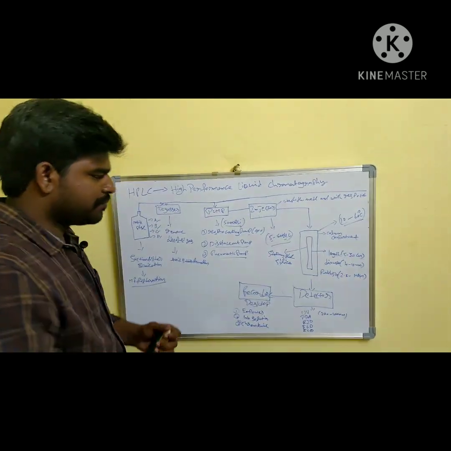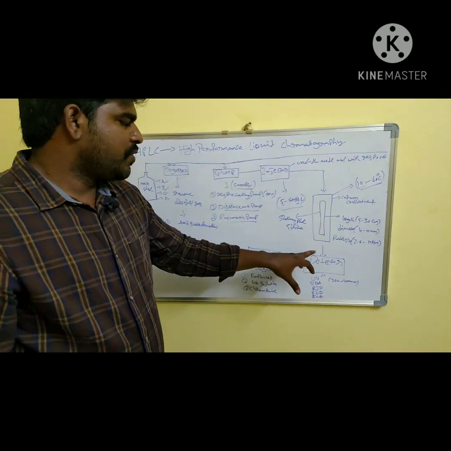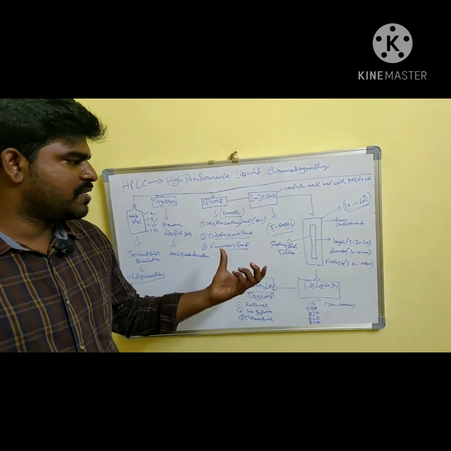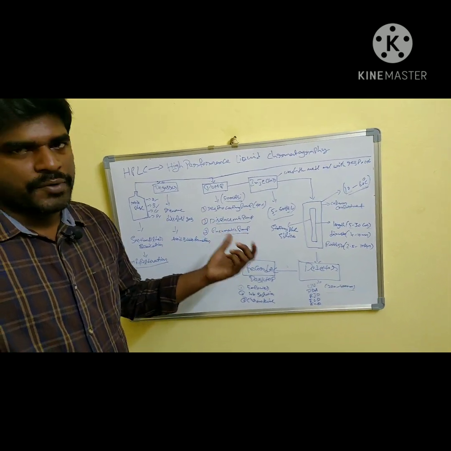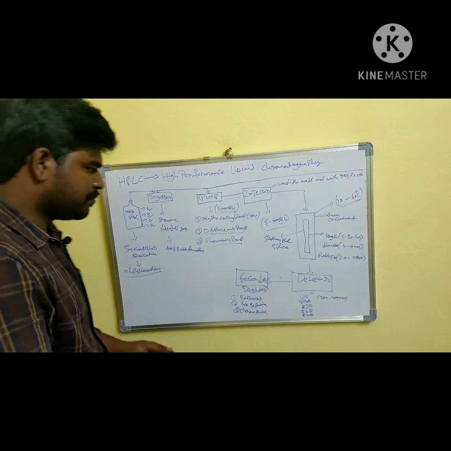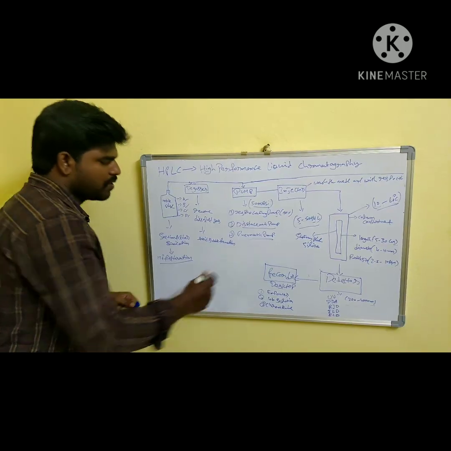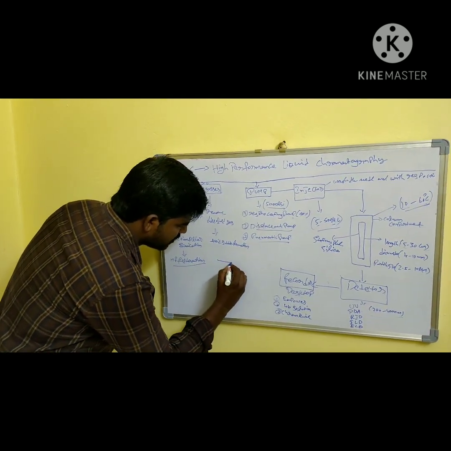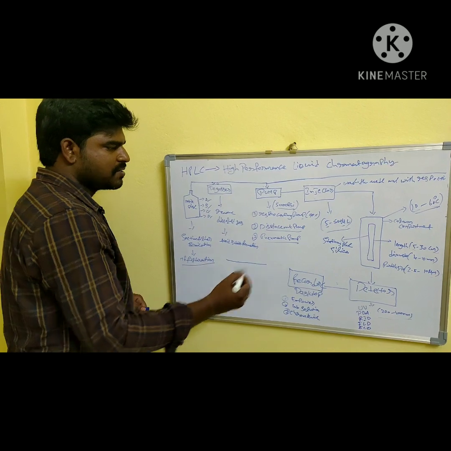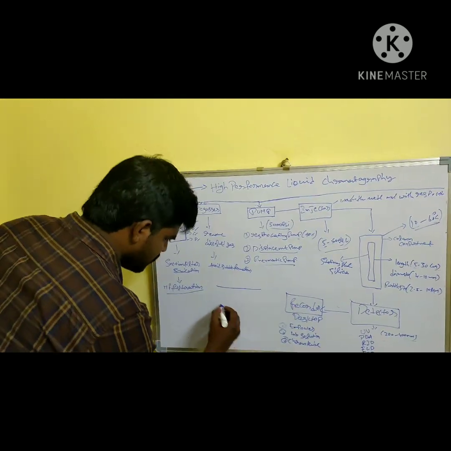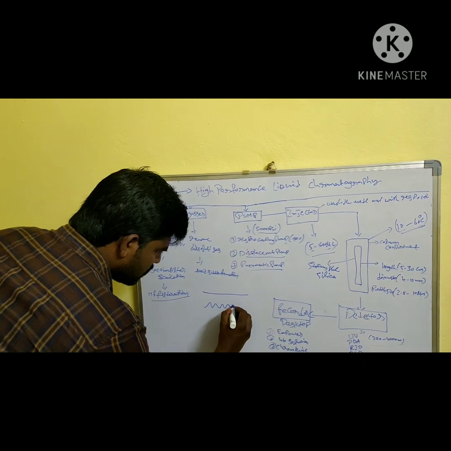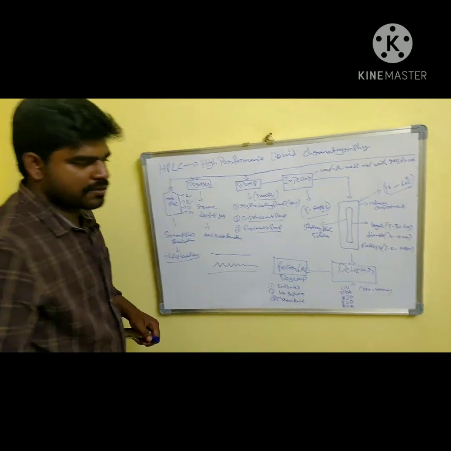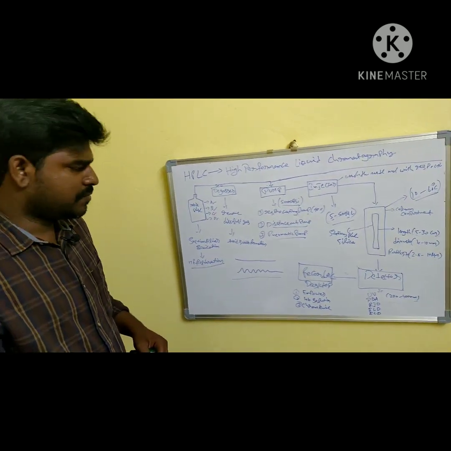Then coming to the detector. If your detector is not flushed with proper hot water and methanol, you may get some spikes, baseline noise and disturbances. So basically the baseline will come like this. If the detector has any foreign matter or any buffer deposition, the baseline will look like this. To avoid that kind of error, we need to flush the detector with a suitable solvent or hot water based on that.